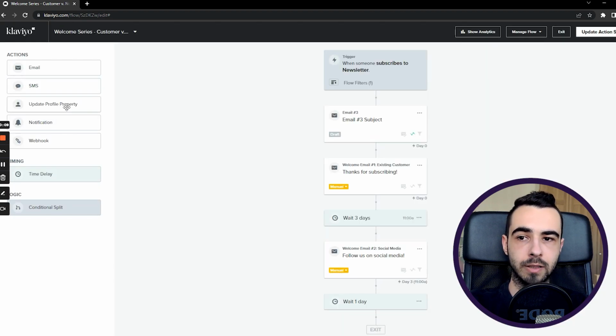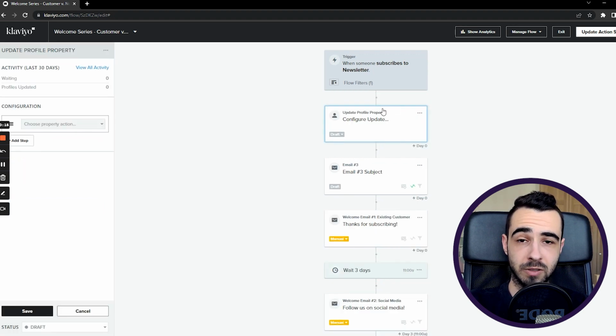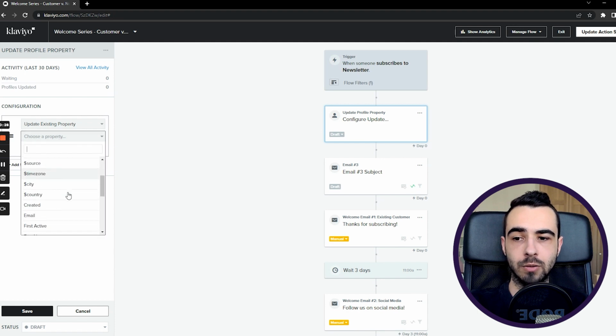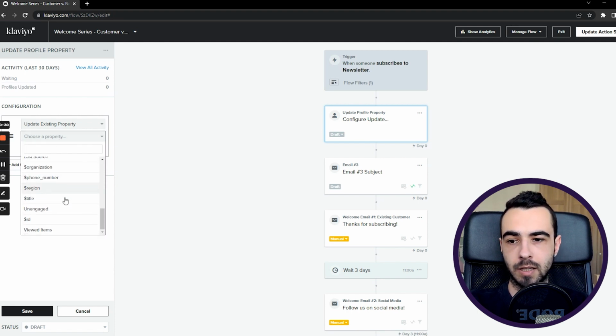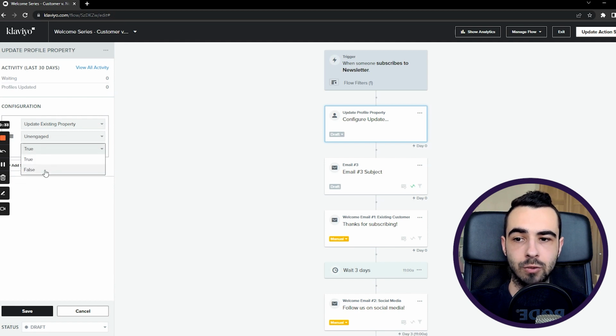And then we have something called update profile property. So what you can do with this one is add custom properties to profiles, which then will help with segmentation. So I use it specifically for the welcome flow. Then you have update existing property, remove existing property, and create new property. So if you have update existing property, you're gonna have to choose which property you're changing. Let's say we are changing unengaged from true to false, right? So anyone that enters the welcome flow and previously had already existing property which says unengaged true, it's gonna change this property to false. If this is a new person, they won't have any properties that you wanna change probably,